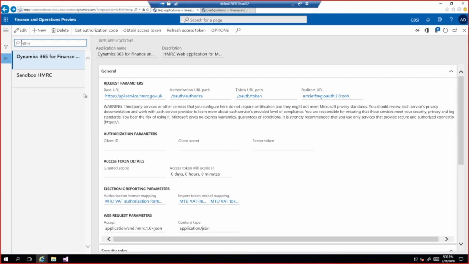For this purpose, from this point, when we have user credentials already, our operations will be the same whether we are authorizing a sandbox or production web application. We will go to the web application form and select sandbox for our purposes, and we click on get authorization code